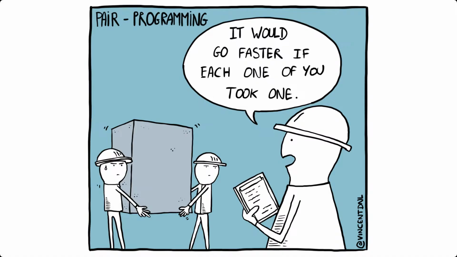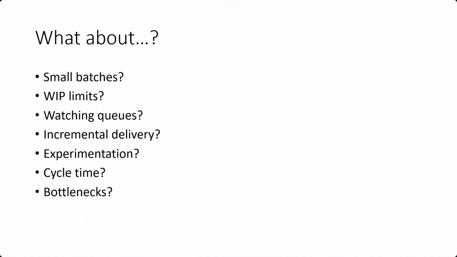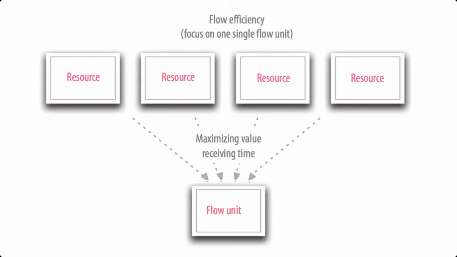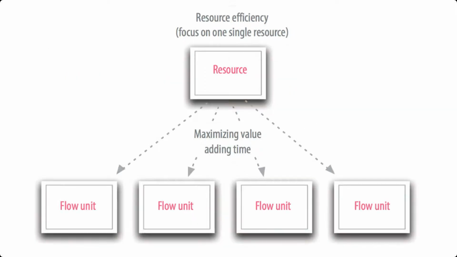Okay, so you might be wondering, there's a lot of different things that are associated with lean: small batches, WIP limits, all these things. So are these part of what we're going to talk about? Maybe, but again, the core thing is that we want all of our resources to be focused on the flow unit, because the alternative, which I've kind of talked about already a little bit, is this idea of